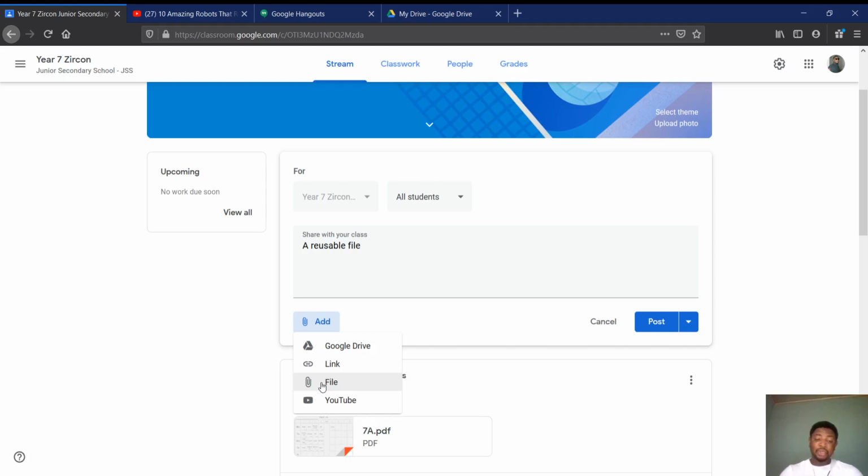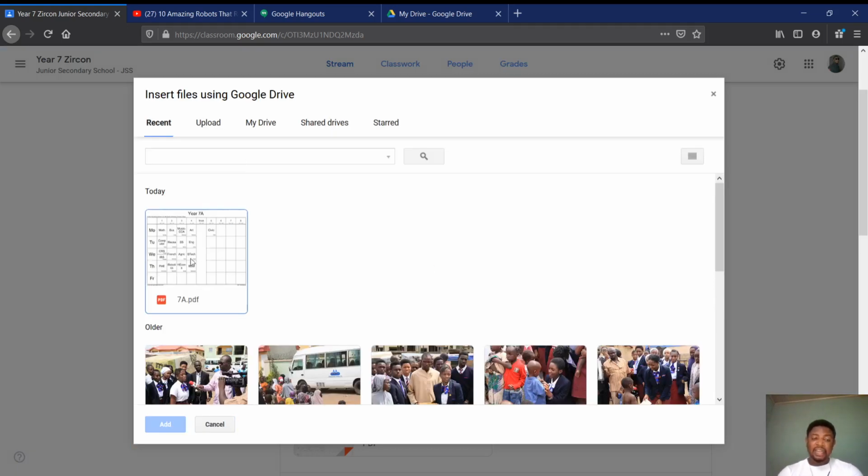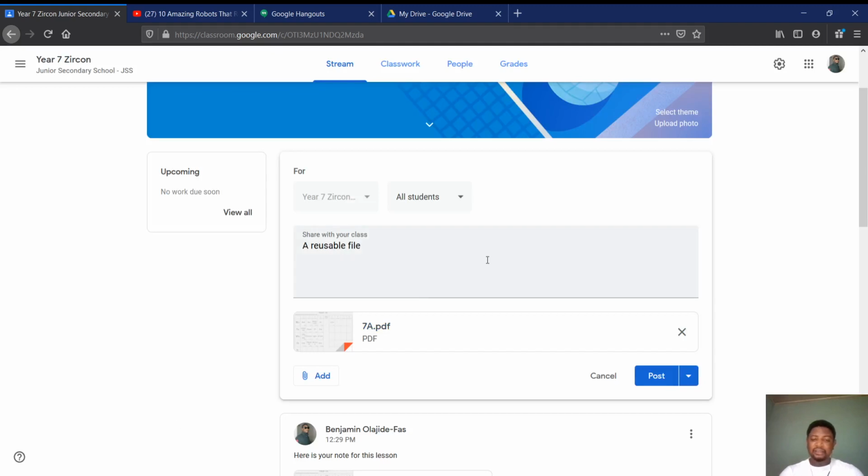I've already added it to a class before, so all I have to do is just go back to my Google Drive, and the file is there. I don't have to upload it again. See, that's really great. Okay, so once I click it again, I can add it for the other class I have. So this makes it easier for you to reuse your materials for multiple classes. Okay, and then in the process it saves your data. Alright, so what other thing can you